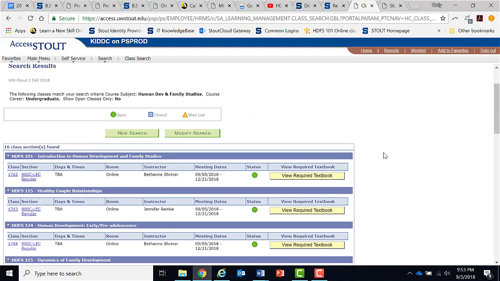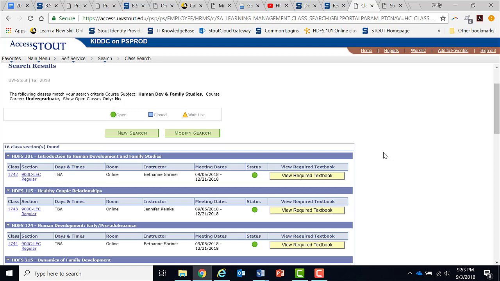Once you hit next, it is going to tell you that that course, HDFS 101, has been added to your shopping cart. And from here on out, I want you just to pretend like you're shopping at Amazon. You are going to go to your shopping cart and essentially check out with the courses that you've added to your shopping cart. So find your shopping cart